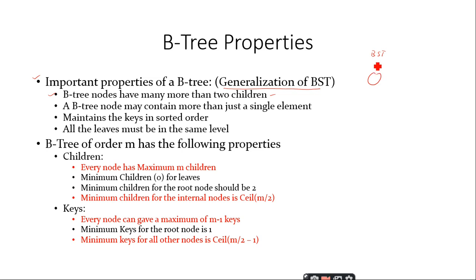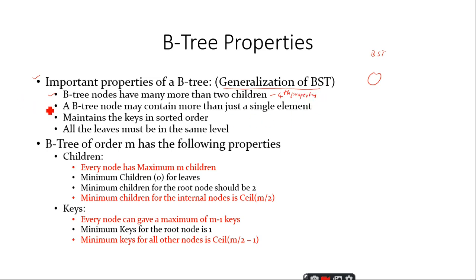BST, can we call it an extension of binary tree? That every node should have at most 2 children. Yes, sir. That property is maintained. Am I right or not? Yes, sir. But in B trees, there is no restriction that every node can consist of at most 2 children. Right? There is no restriction. You can have more than 2 children also. This is another important property. This is the 4th property, we can say.